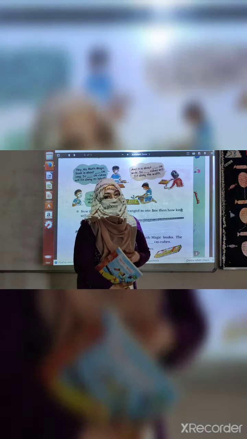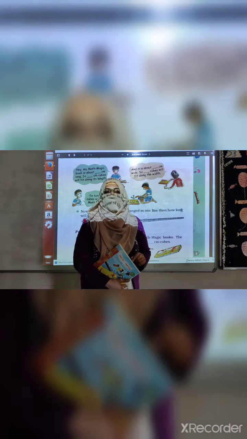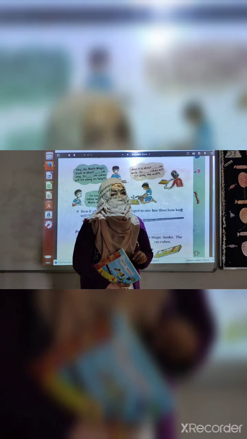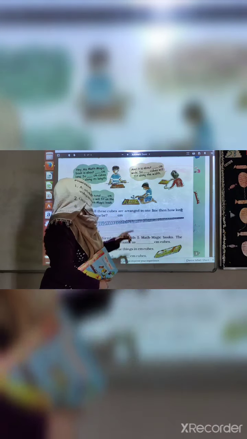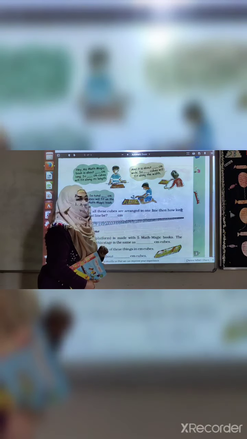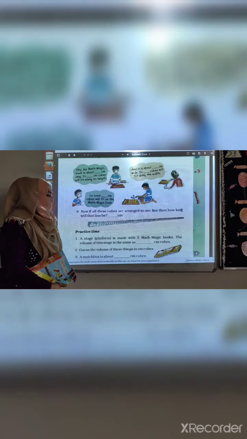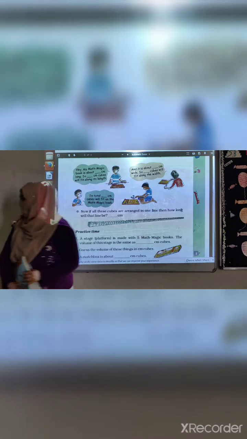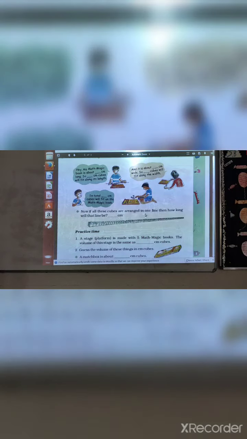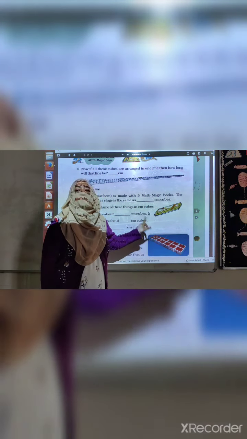That answer is actually this number of cubes which are formed in a simple line and chain. I hope, students, you understood the answer. We have to write it here after multiplying 27 by 21. Okay. Now practice time is there for you, where different objects are given to you. This is the practice time which you will be completing by yourself in the textbook.